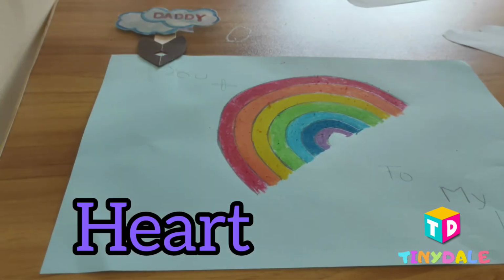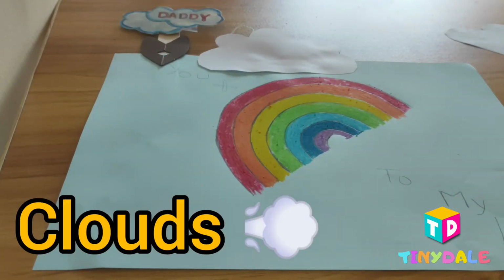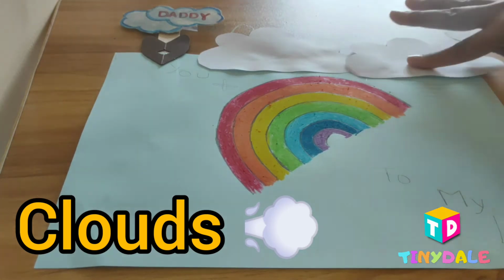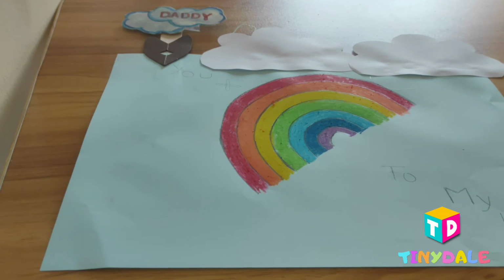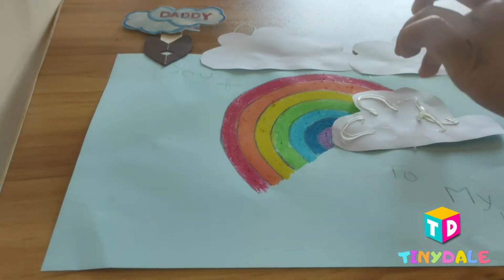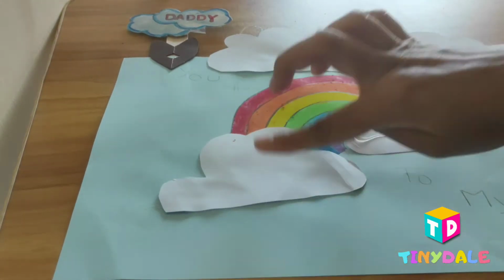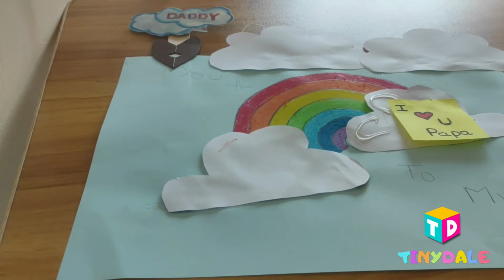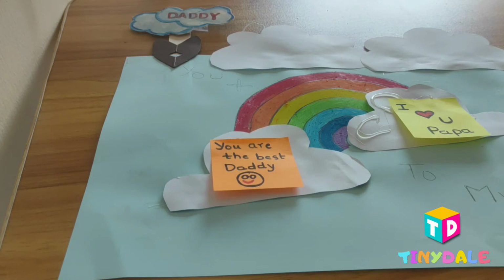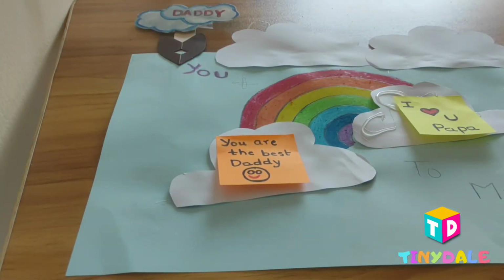Here I am sticking a cutout of a heart for our daddy and a beautiful cloud. You can even make a cutout of a cloud. That's the white one. Now, next, we are going to stick the clouds over the rainbow, which is white color. And you can use the sticky notes to write notes for your daddy and make him feel special